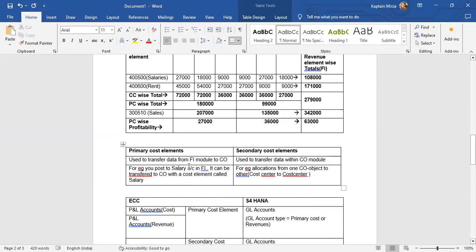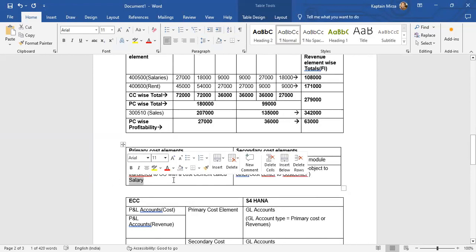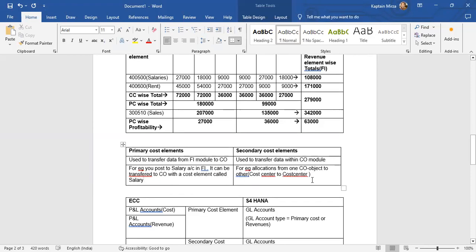So the same salary account will also be the cost element for CO. Within CO, of course, manual entries are not allowed, so